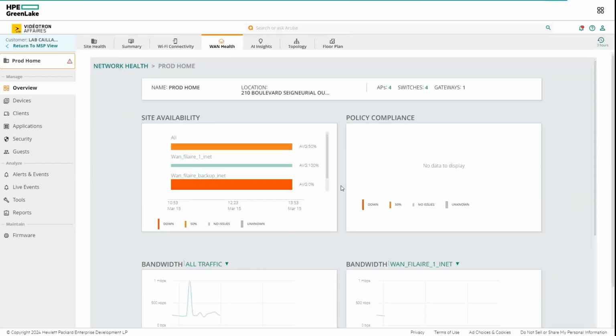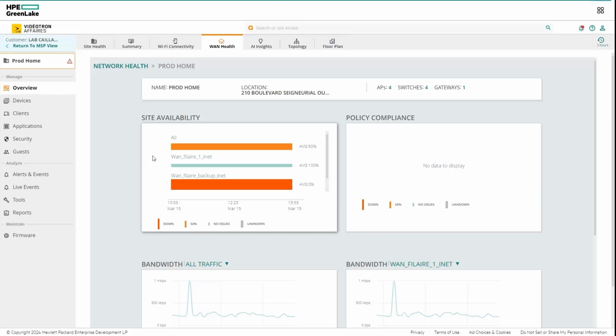You'll get a quick overview of information about your entire network. For example, is your connectivity active or inactive? Here, you'll notice that the wired connectivity has been in blue for the last 24 hours, which means that everything seems to be in order. You'll also notice that there is an inactive connectivity, your LTE backup connectivity, the one connected to Videotron Business guaranteed